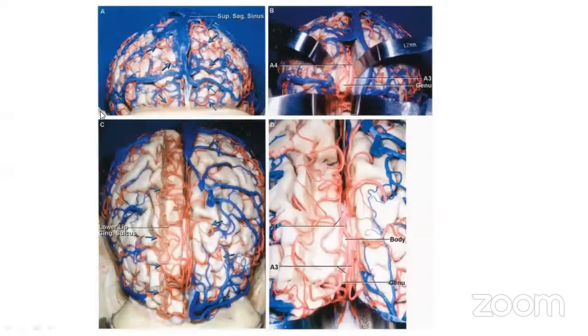So here you can see the ACA running underneath the venous system, the sagittal sinus. Underneath the sagittal sinus, you can see the ACA running. So here you can visualize the